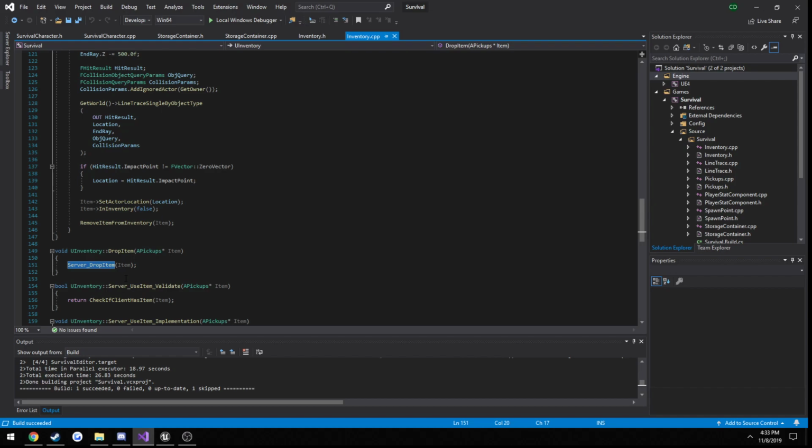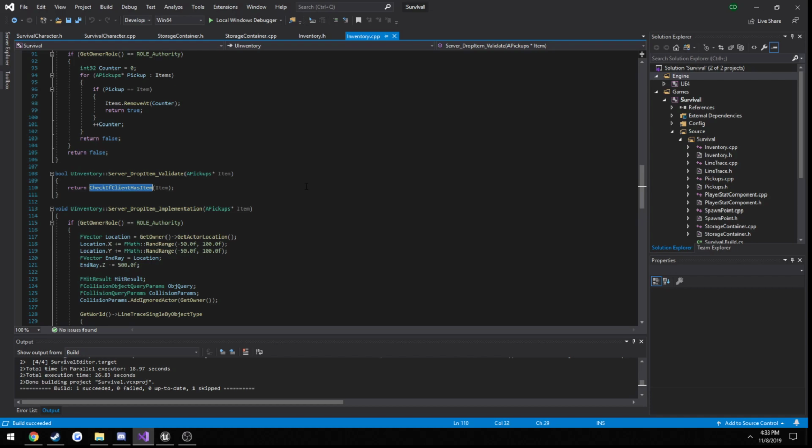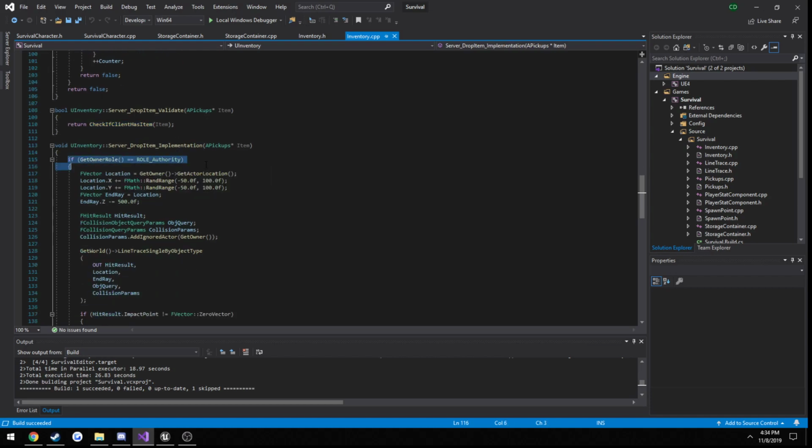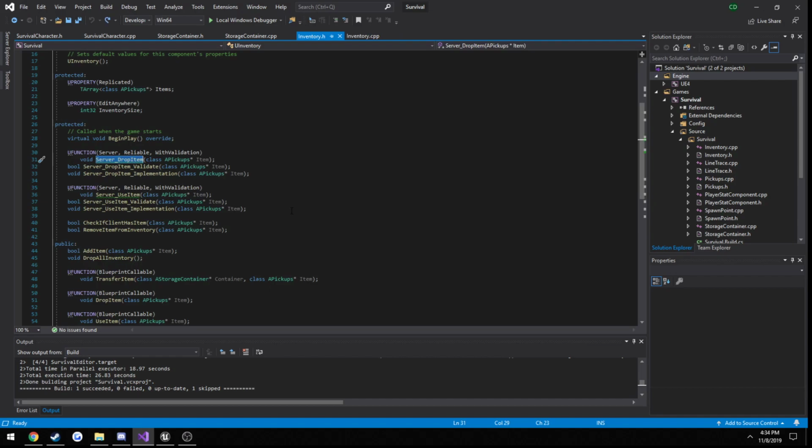We simply call the server drop item function, which runs its validate, and we go based off of whether or not the client actually has that item. So we simply check if the client has the item. If that is the case, then we first make sure we are in fact on the server. Then we drop the item from there. Well, it's going to be the same concept for transferring. We're going to go from the client to the server. So this is going to be called on the client. Then we're going to have a server function. And that server is going to check if the client does in fact have that item. And if it does, we're going to move the items from our client inventory to the inventory of the storage